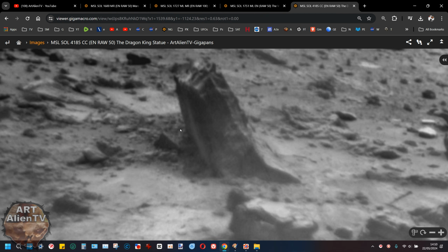We've had the Dragon Lord, which is Lord Drac. We've had the dragon, and other dragons that I've shown. And then we have this. He seems to be wearing a crown, so I called him the Dragon King. So who knows? But it's probably a depiction of someone that actually ruled over this part of Mars and was